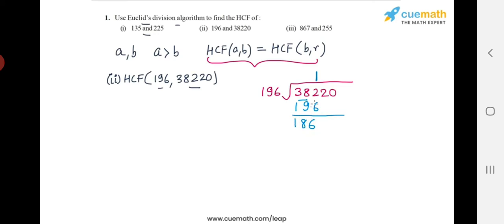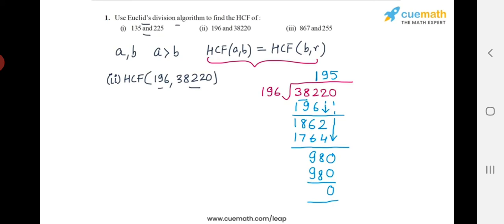186. Now in the next step, the dividend will be 1862, where I have brought down this 2, and the next multiplier will be 9, because 196 times 9 is 1764, and now this leaves a remainder of 98. So the next dividend will be 980 by bringing down this 0. So the next digit of the quotient will be 5, and 196 times 5 is exactly 980. So I'm left with a remainder of 0.